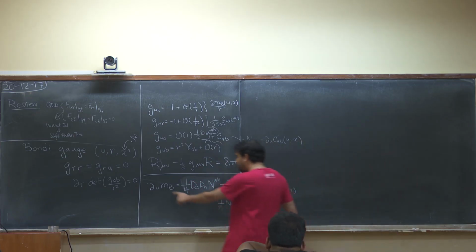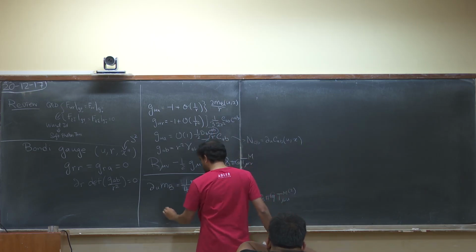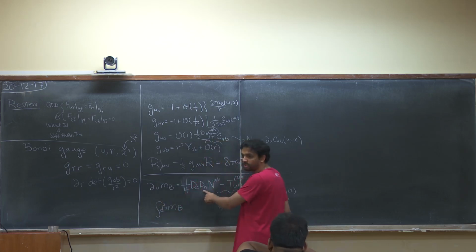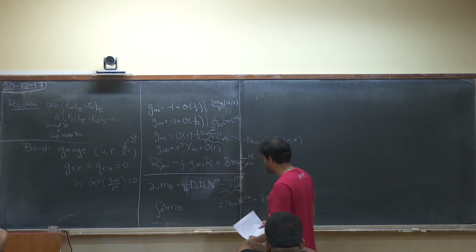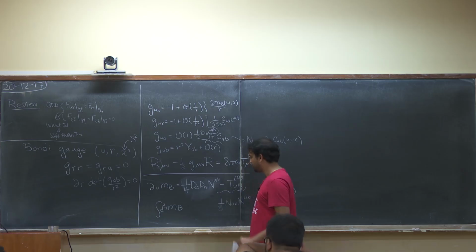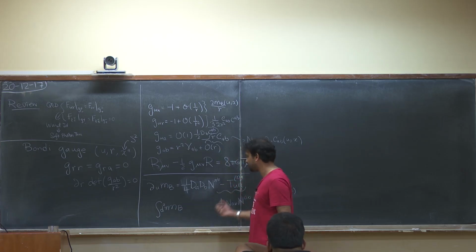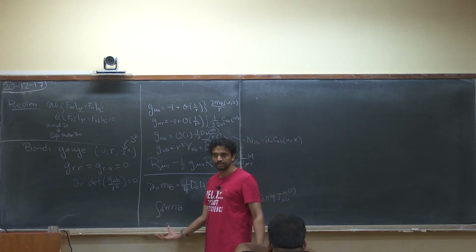So yes, the Bondi mass describes the local energy density. The total energy, of course, is M_B integrated over d²x. So this term drops out because it's a total derivative. But see, this is precisely the linear soft graviton term that's important for our purposes. When I'm considering the total energy, this term is completely unimportant. And this minus sign tells you that this quantity decreases as a function of u.